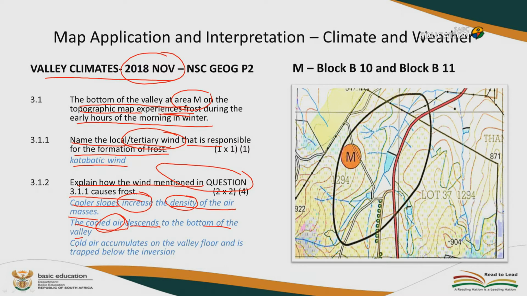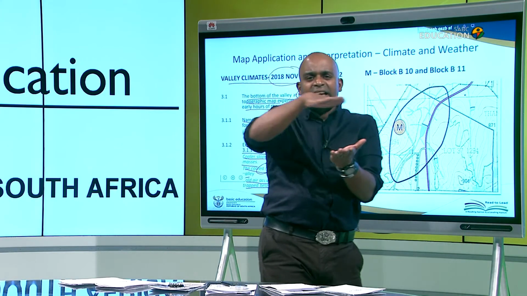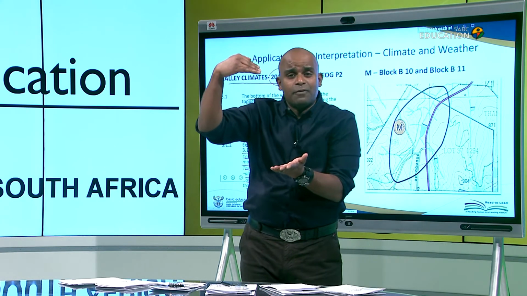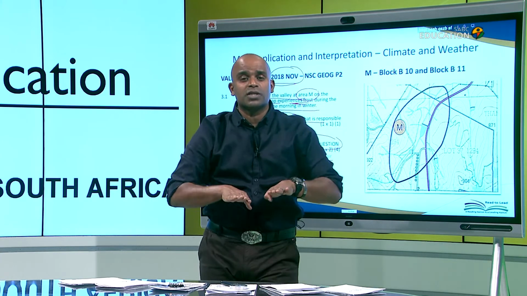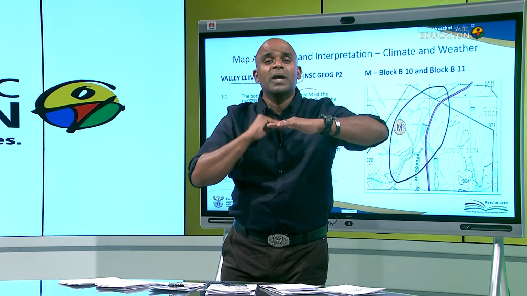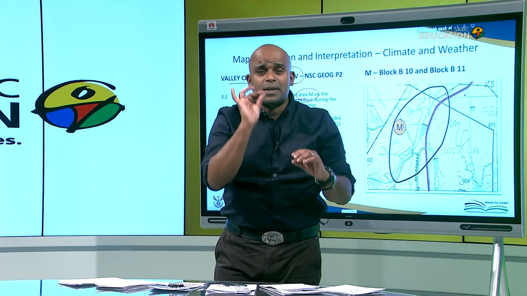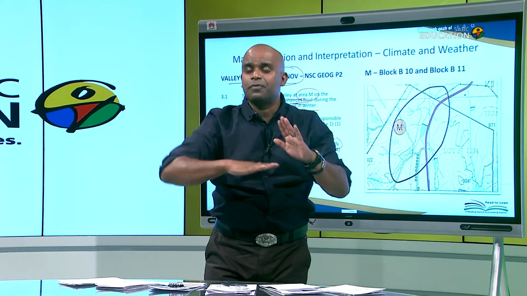And what happens here? The cold air accumulates on the valley floor and is trapped below the inversion. Now remember, your inversion layer is a layer that exists above the valley floor but traps all that air that is sinking towards the bottom of the valley. That inversion layer keeps the air below temperature so that precipitation, for example frost and mist or radiation fog, can be